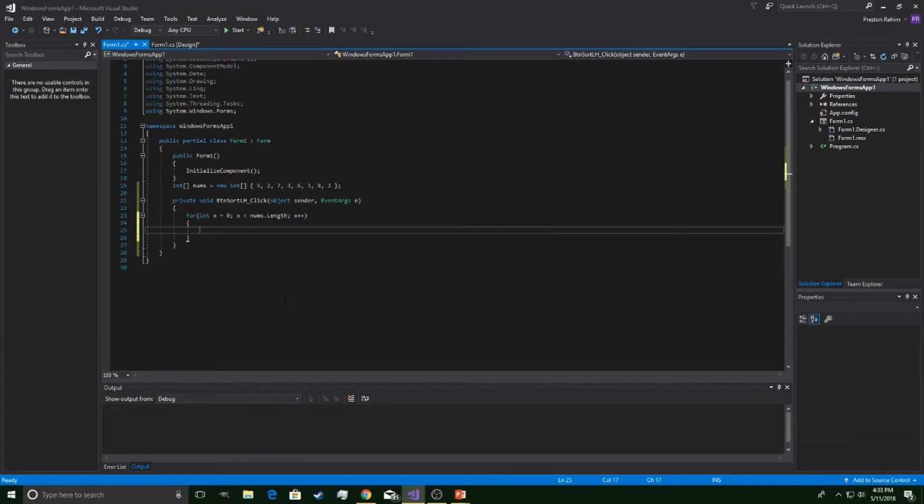Alright, so what we'll do with that x then, we can use that x to serve as the index in which we'll access each element in our array. So we have listbox1 dot items dot add, and then we'll do nums x. So the first pass through this loop, it's going to do add nums 0. It's going to come back up, add nums 1, add nums 2, 3, 4, 5, 6, and we're going to